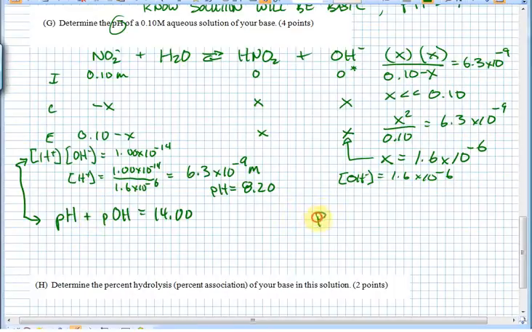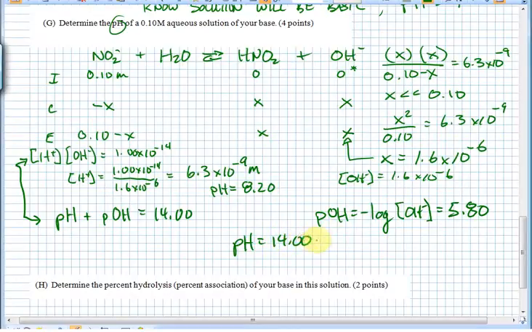So I could have calculated my pOH. pOH is going to be the negative log of the hydroxide ion concentration, so my pOH is going to be 5.80, and then I could have figured out that pH is going to be 14.00 minus 5.80, or 8.20. In any event, this pH meets our criteria that it's greater than 7,